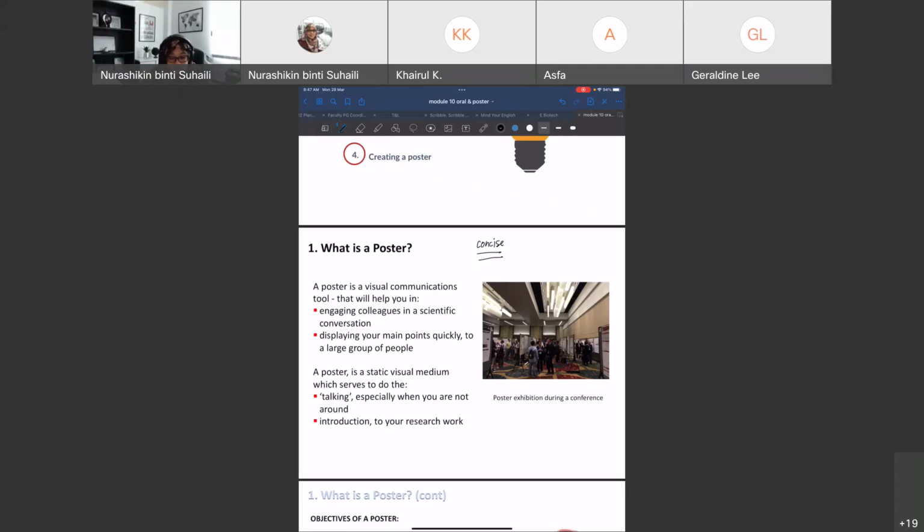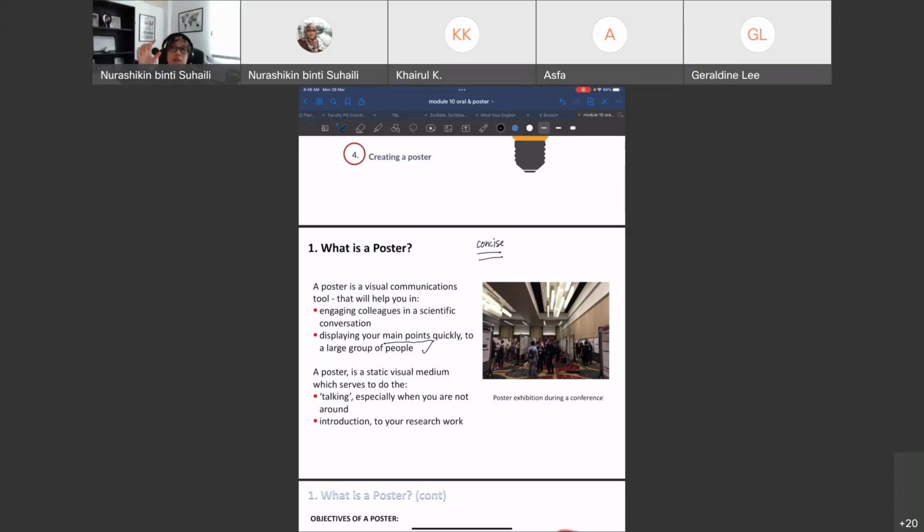Yeah, that's what I mean by here. Displaying your main points quickly to a large group of people. A poster is a static visual medium which serves to do the talking, especially when you are not around, and it also is an introduction to your research. So sometimes you are not there to present the poster to the visitors,